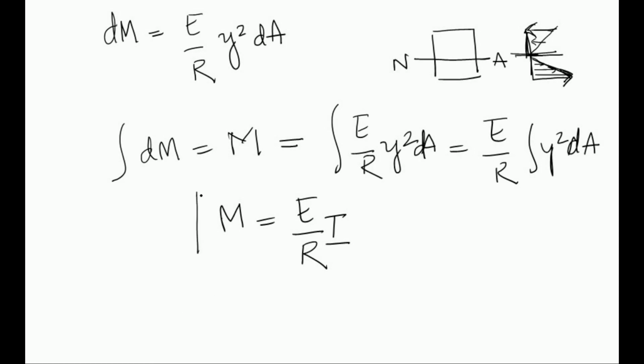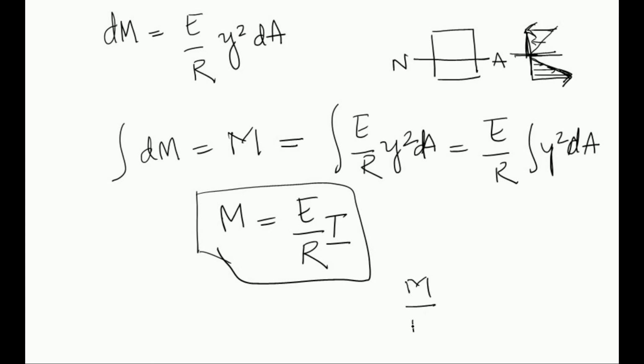So now you have your M by I equals E by R equals sigma by y. This is your